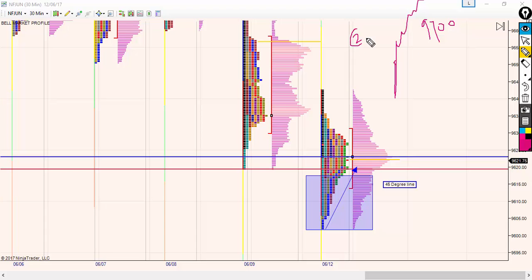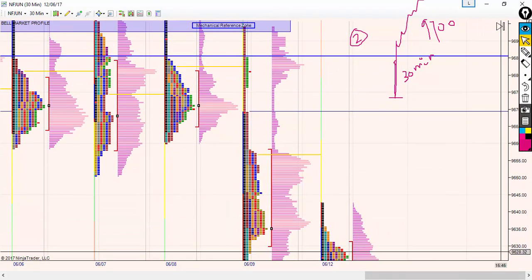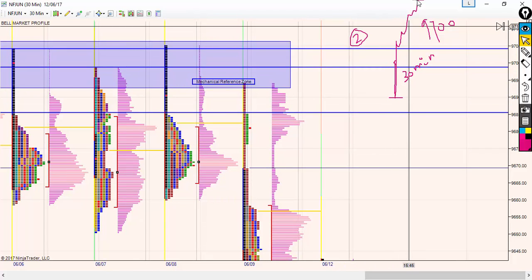In that scenario the bottom will get established in the first 30 minutes. So I'll draw it over here. It's quite difficult to draw, but yes, in the first 30 minutes the bottom got established. So it's a nice clean trade overall. And whatever stops we had seen on the top would probably get hunted, right? We are seeing a lot of stops coming around the 9,700 reference level, so they would probably have been hunted.